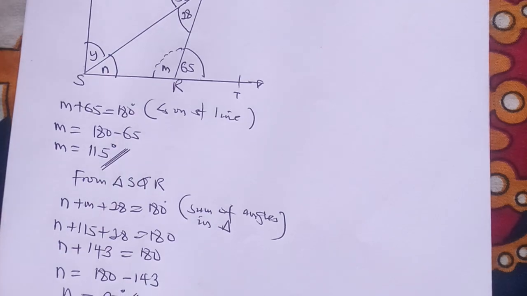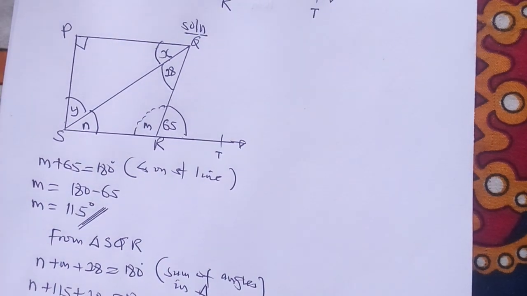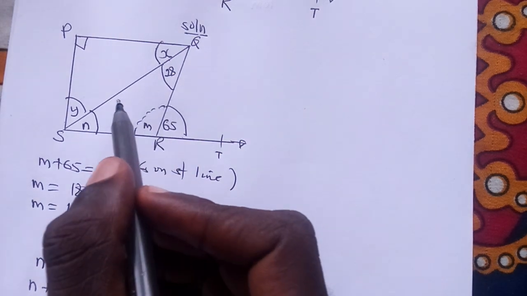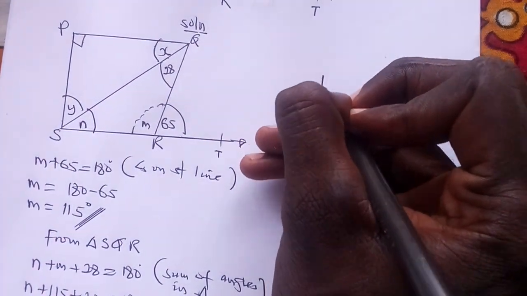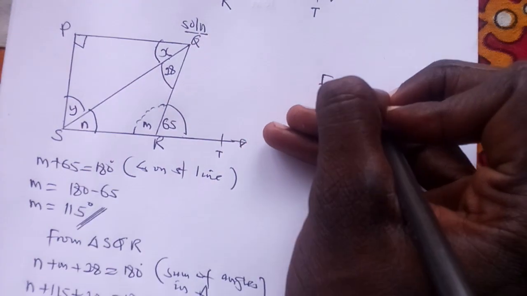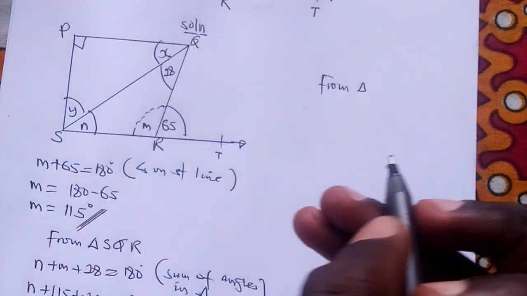Then we want to find x. Let's look at the diagram again. To find x here, it's very simple. You just need to consider triangle PQS. We say